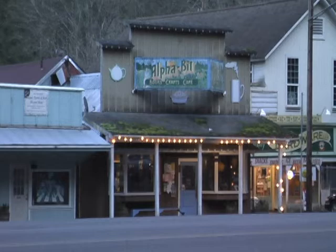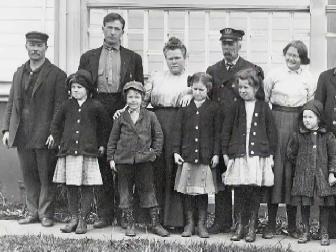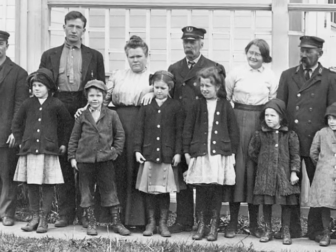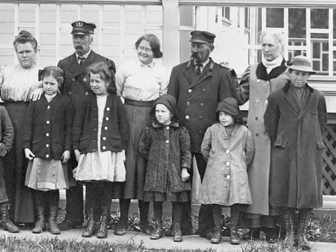The other remaining house was a duplex, so both the principal lighthouse keeper and the remaining assistant lighthouse keeper and their families lived in it. These are the residents of the two houses from around 1912. The men in uniform, starting from the left, are Second Assistant Frank DeRoy, the First Assistant William Smith, and Principal Lighthouse Keeper Olaf Hansen. For the children, a significant part of their day would have been spent studying in this